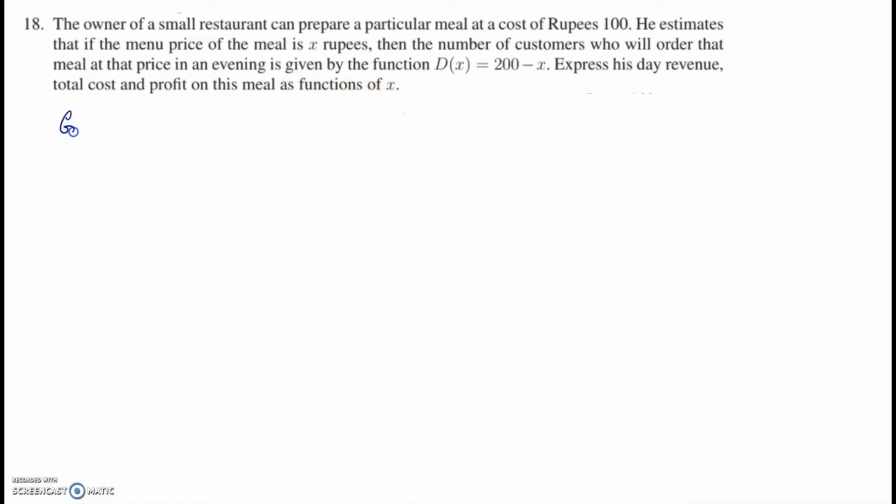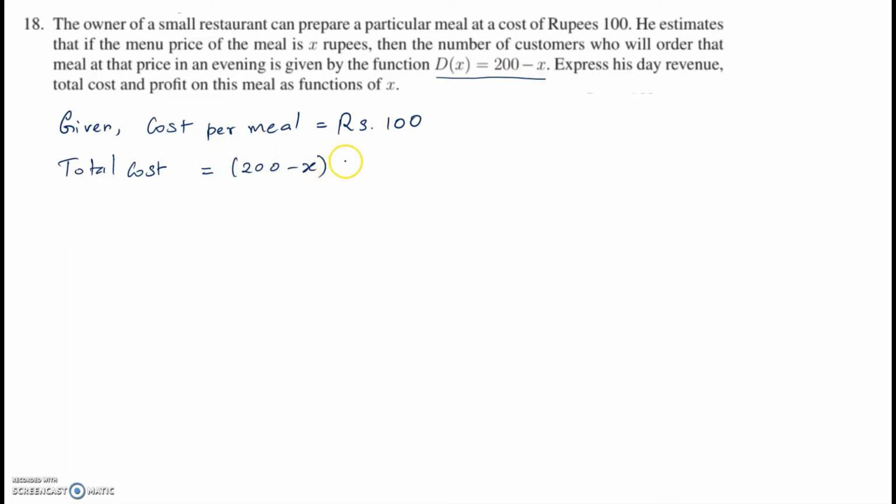So what's given to us is cost per meal is equal to rupees 100, and therefore the total cost would be equal to, because your demand function is d of x is equal to 200 minus x, so he would have had 200 minus x number of meals into 100, where x is the